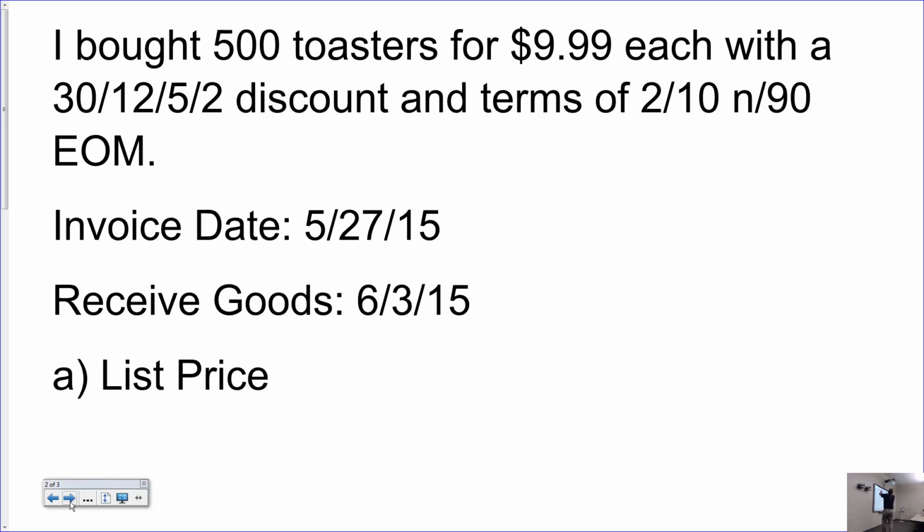Alright, so here's our quick, dirty little problem. 500 toasters at $9.99 each. This is a Walmart special. And they get a 30/12/5/2 discount. Right? A nice big juicy discount. And their terms are 2/10 N90 EOM. Invoice date, receipt of goods dates. Folks, what are you going to do with the